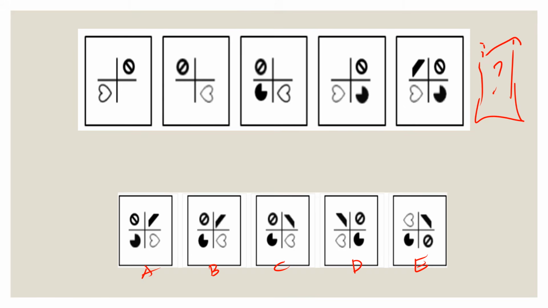All right, so let's look at our figures. From the first going to the second, let's look at the relationship, what changed. So we had the heart here, and then in the second image, the heart became like this. And the stop sign became like this. So what's the relationship of this heart and this heart? They look like mirror images of each other, and that seems to be true for this shape and this other shape.